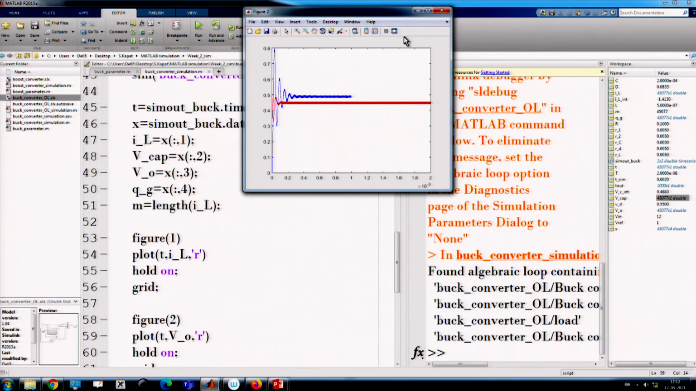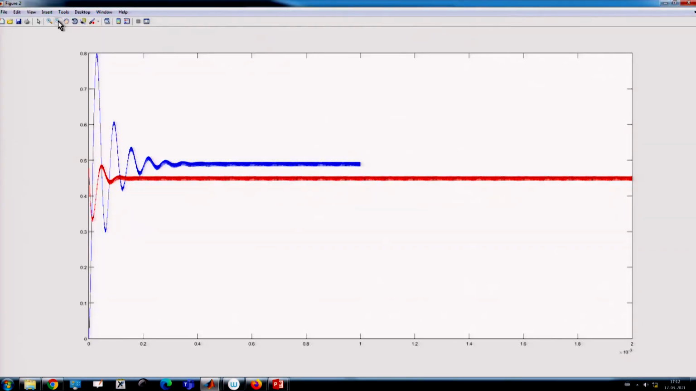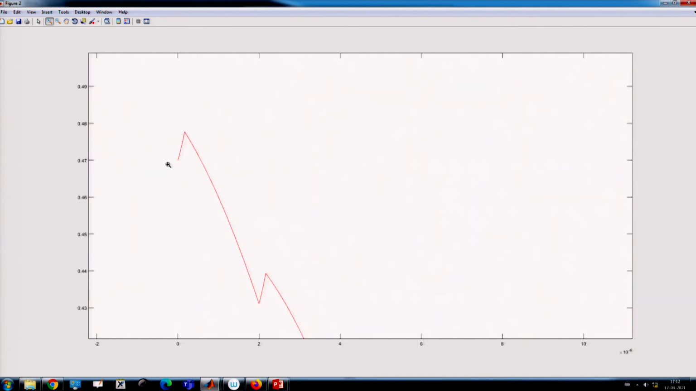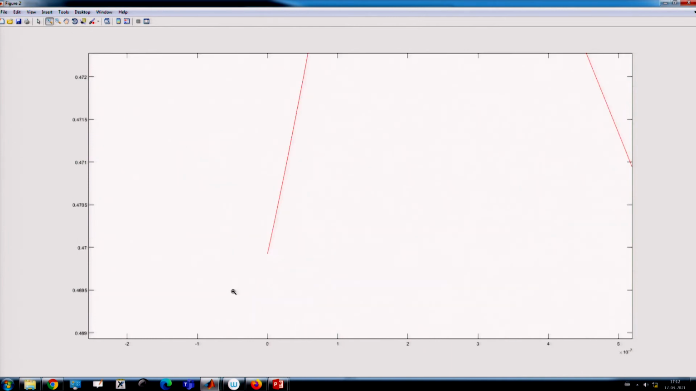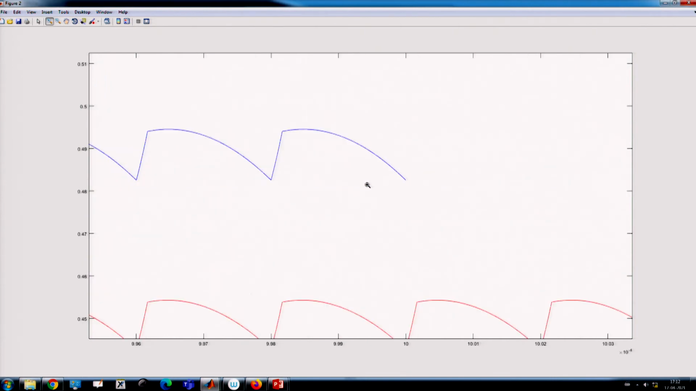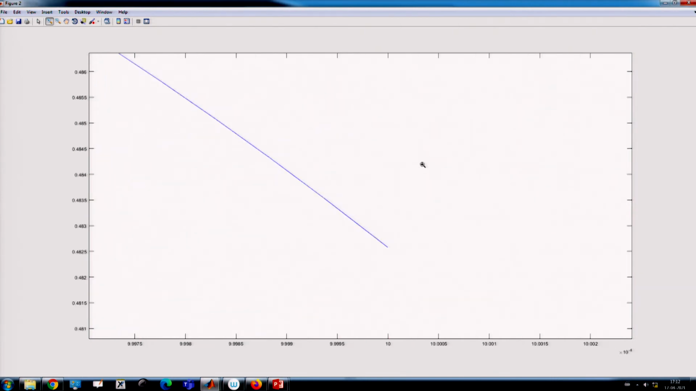If you run, you will find the initial value of this is updated accordingly. What is the initial value? It is around 0.47, and what is the final value here? It is around,